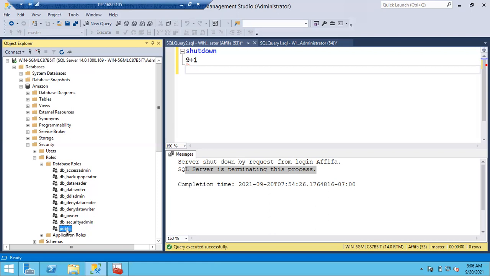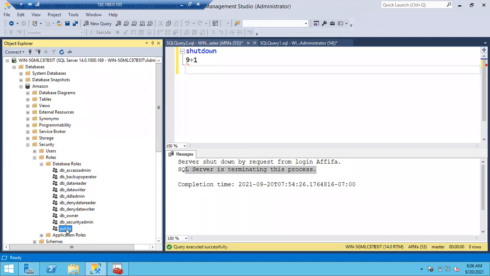By default, a login is a member of the public server role. By default, who is the member of the public database role? Can anyone tell me? DBO, that is okay.